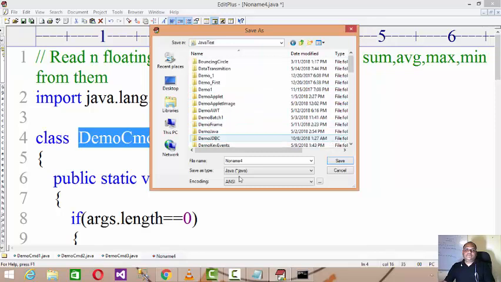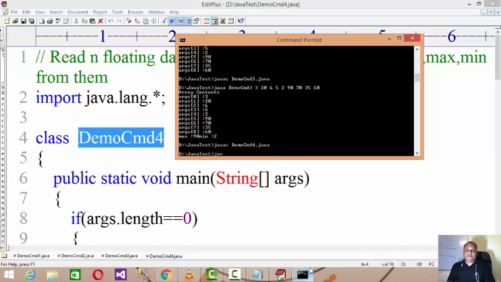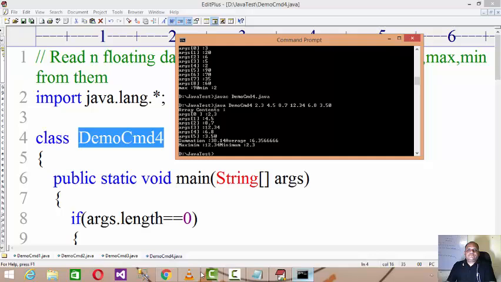Save it in the Java test, and go to the command prompt and compile Demo4 first, right, and then write java Demo4 and pass the entries like 2.3 space 4.5 space 8.7 space, all floating data, 12.34 space 6.8 space 3.50 space, whatever, so you will find that all the floating values are available over here.